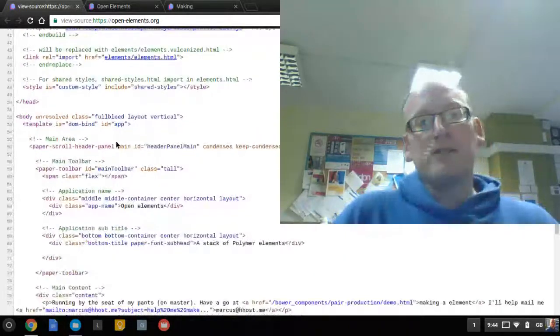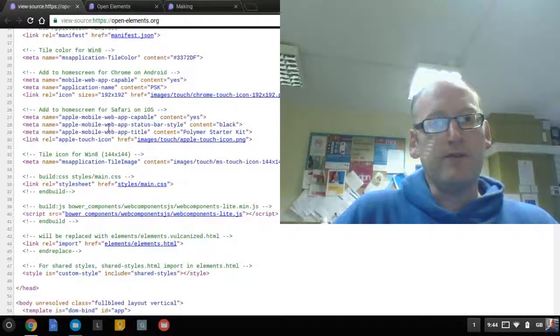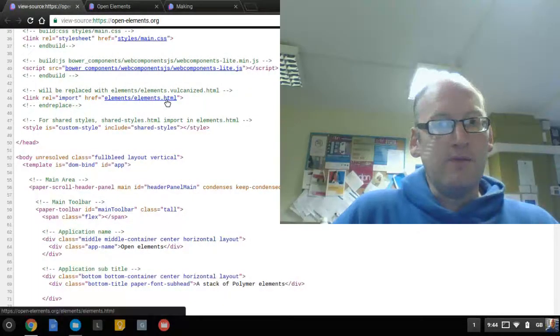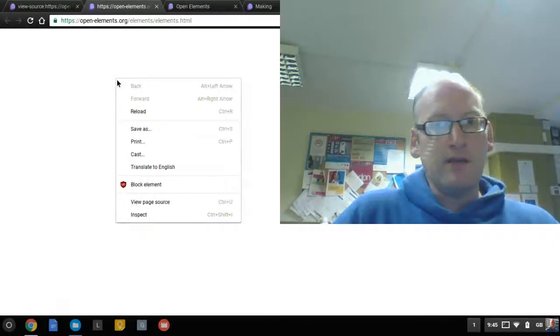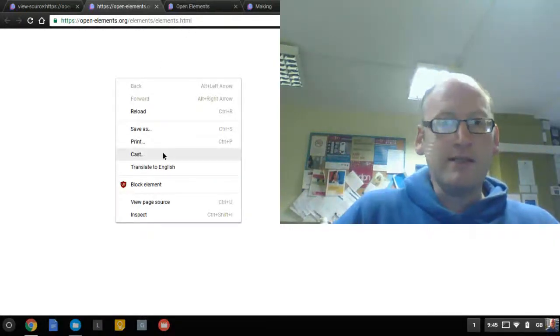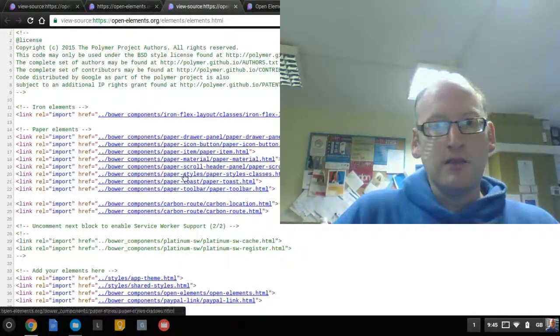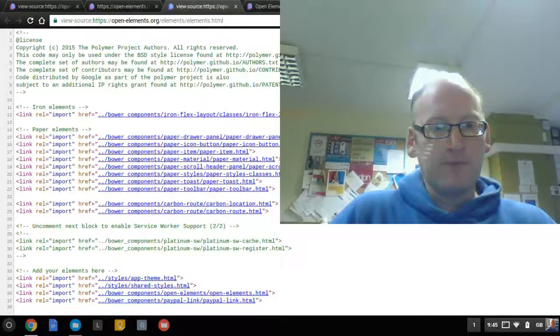So, as you can see, I started from the starter kit, so I get all this stuff for Chrome apps and bits and bobs in there, and then a list of what elements. If I open my list of elements that I'm wanting to import, it tries to view it as a HTML file because it is a HTML file. If I view source, you can see that here's all the things which I need to make this web app work. I'm using Carbon Router still. I should change that for App Router. Anyway,